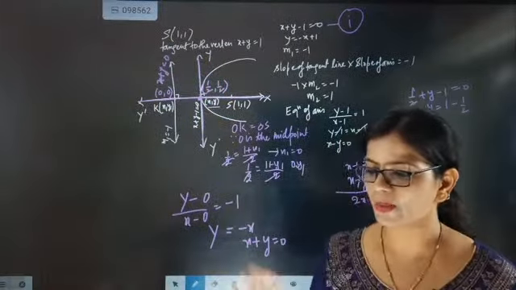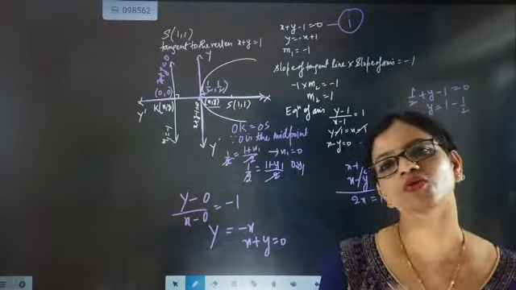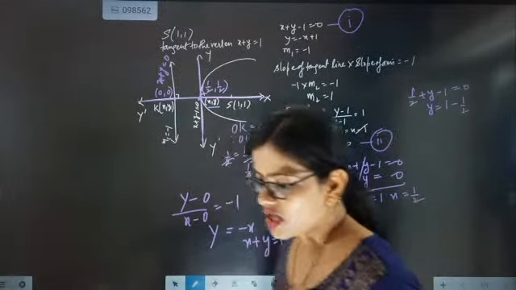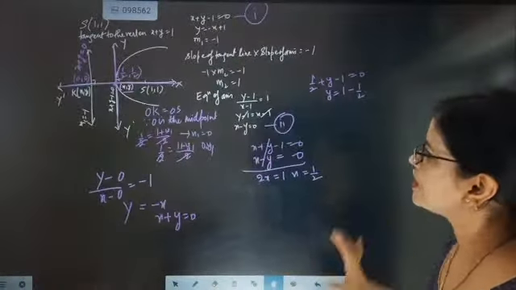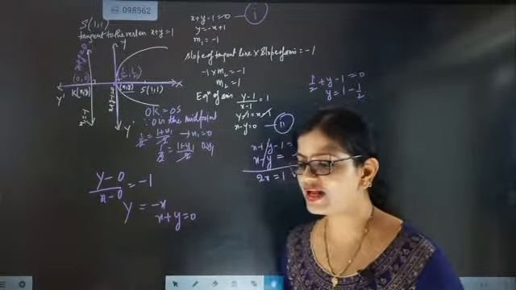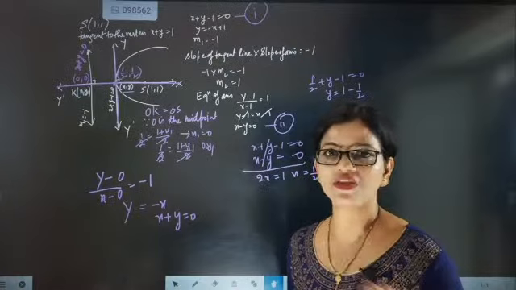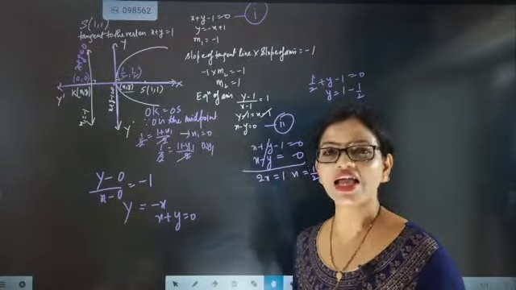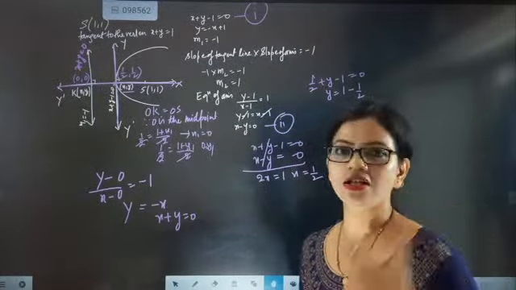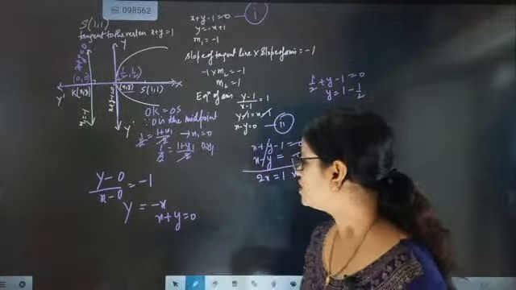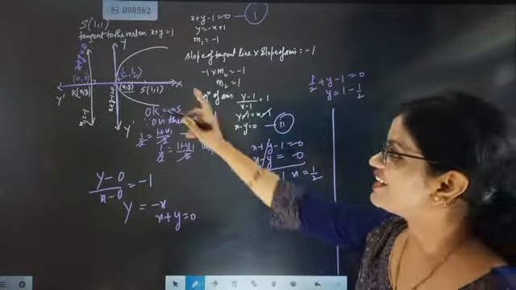Now you have everything: the equation of the directrix and the focus in your hand. Now you only have to write the equation. I hope till here you have understood the story. I did nothing, I just used the concepts of line one by one. So if you are very strong in line equations, you can handle questions like this. But if you do not know lines, then you have to go back and learn them one more time.